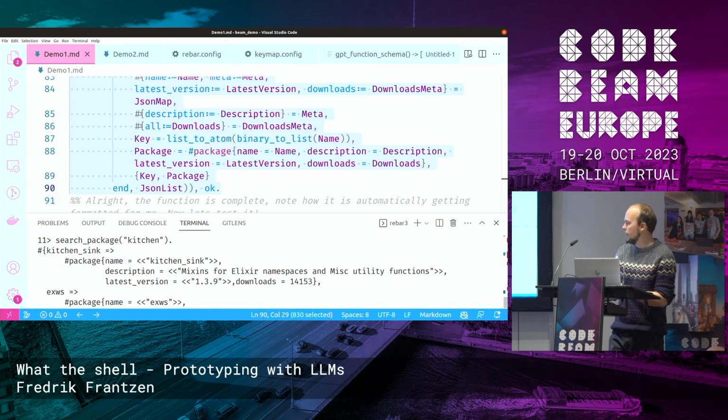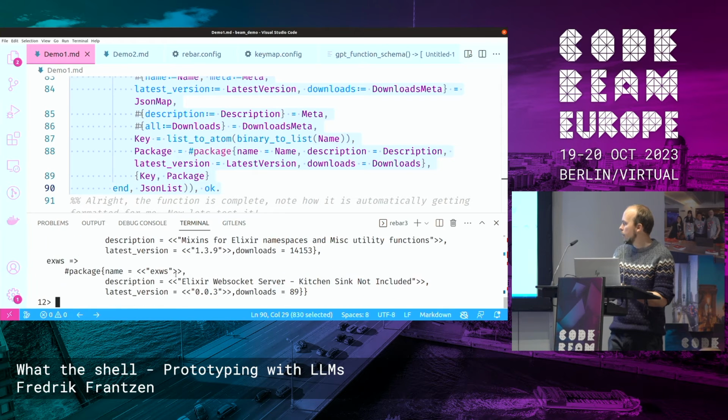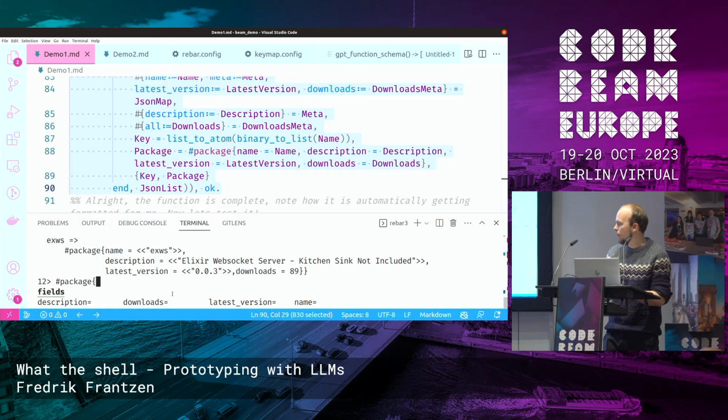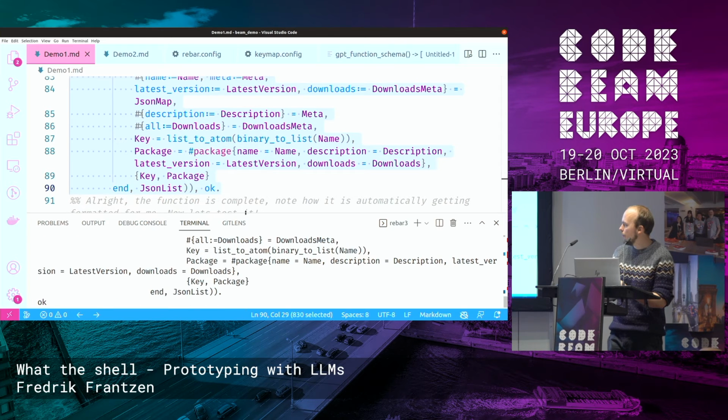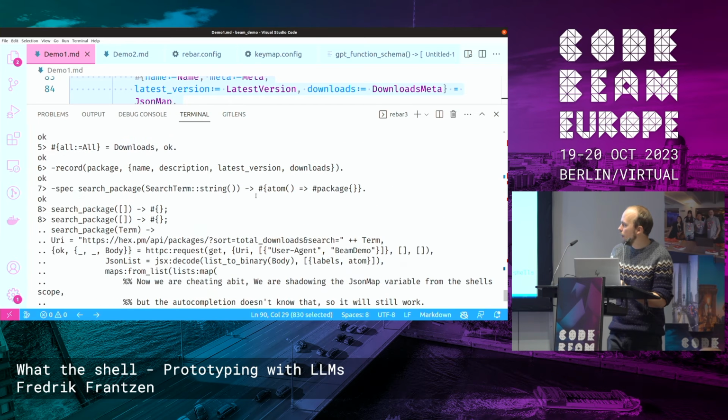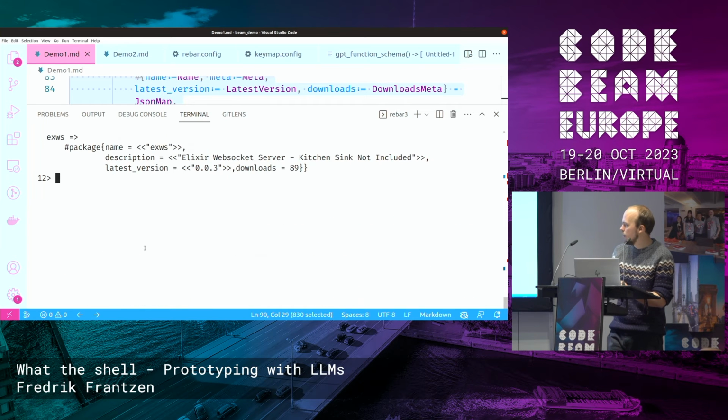Then I can test the function again here. Yeah, so it seems to be working here. So now we have the result here, and with this record here, kitchen and kitchen sink and something called exvs. And then I think I also want to show you that you can also, oh wait, what's the package? You can pattern match on the record as well. I forgot to show you about that. And then what else is there? Yes, it's hard to see, but when I created this function, I can show you anyway.